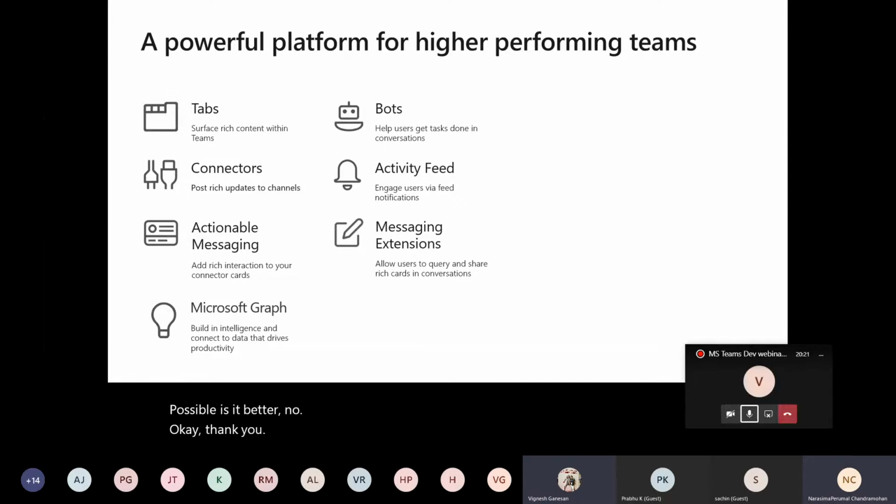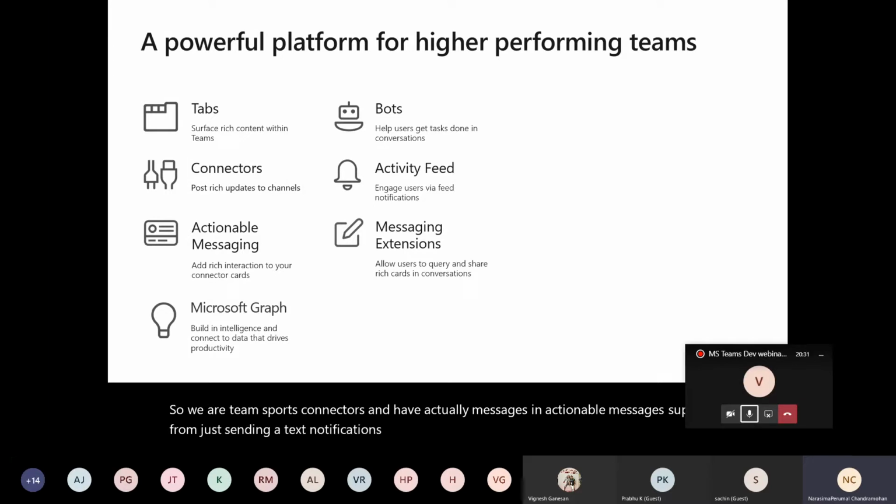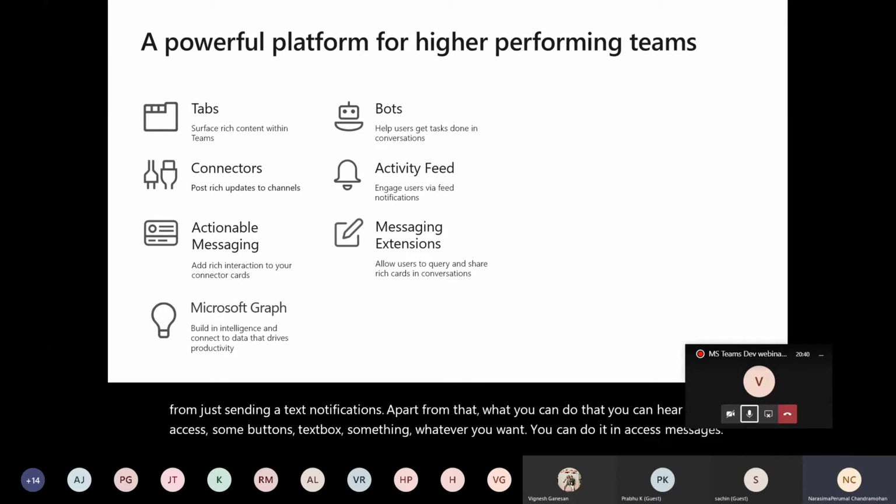So we have teams, bots, connectors, and we have actionable messages. In actionable messages, apart from just sending a text notification, what you can do is that you can embed some actions, some buttons, text boxes, whatever you want, you can do it in actionable messages. Consider the same survey example. You are getting a notification.